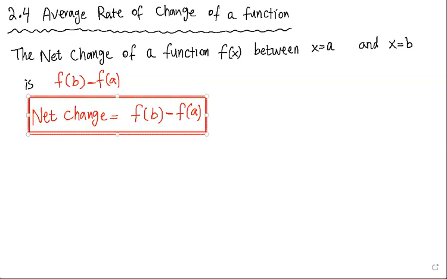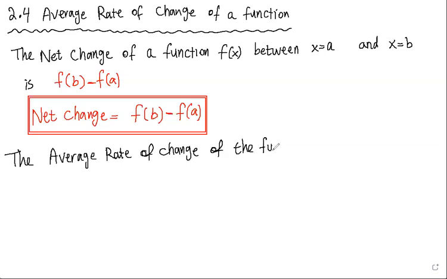Second formula is called the average rate of change. The average rate of change of this function f of x, that change between x equal a and x equal b. Okay. So the function above is given as